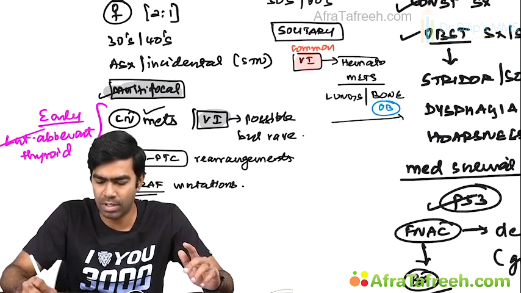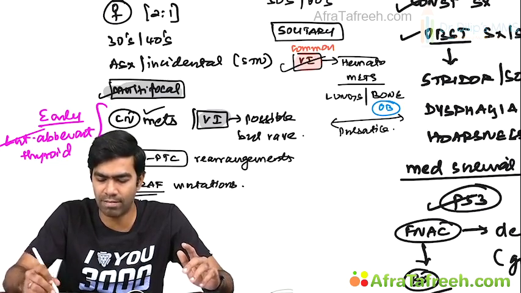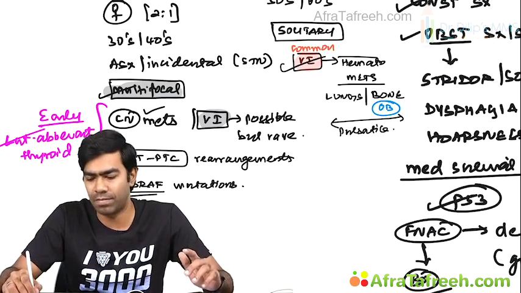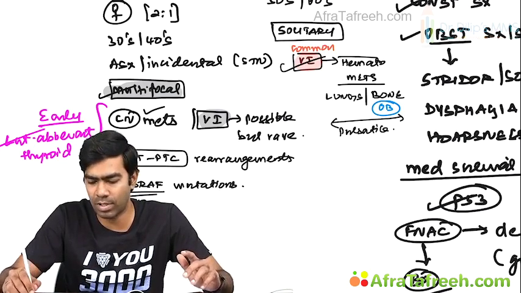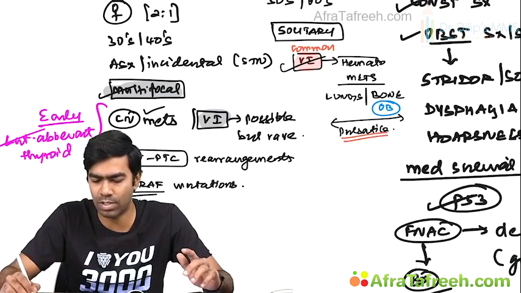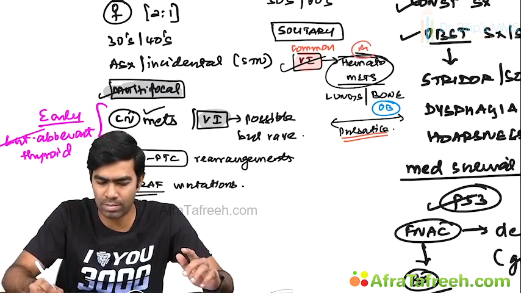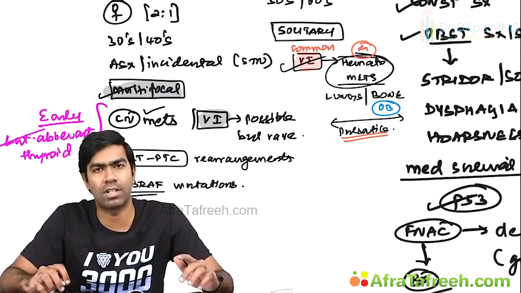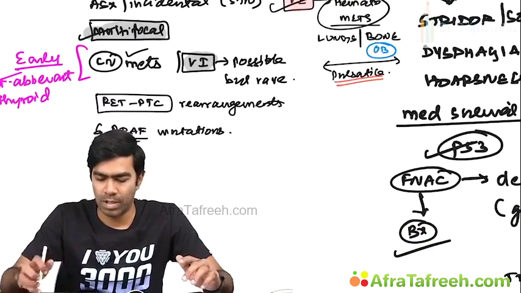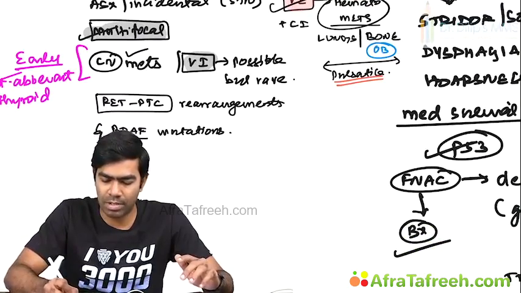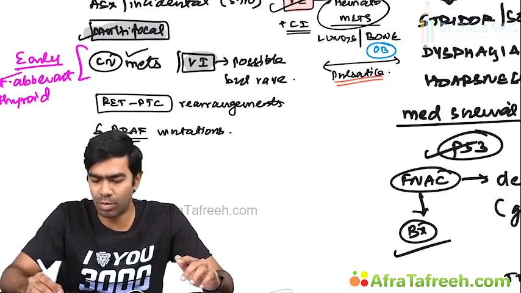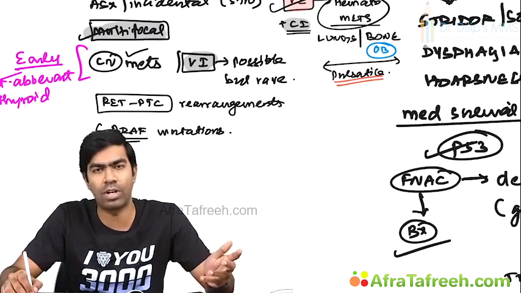At the same time, they tend to produce pulsatile metastasis because of their high vascular nature. Very heavy vascularity will be there. That's the reason why they produce this pulsatile metastasis. So this vascular invasion and hematogenous metastasis is the key point for exams as far as FTC is concerned. At the same time, they can produce capsular invasion also, which means this point is again important for diagnosis of